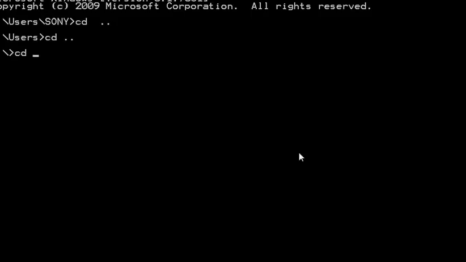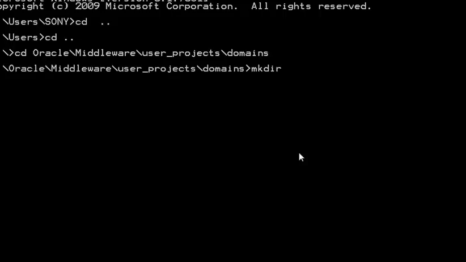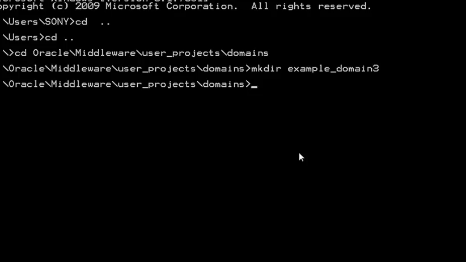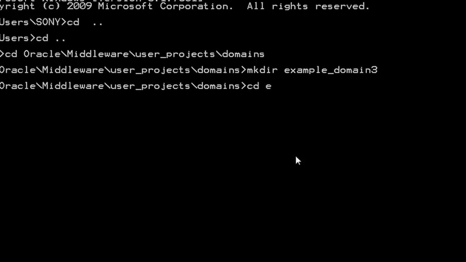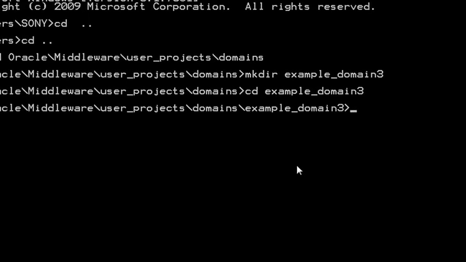First go to the domains directory of the installed WebLogic. Here, try to create a directory with any name. In my case, I am creating one with the name example_domain_3. So go inside example_domain_3 and